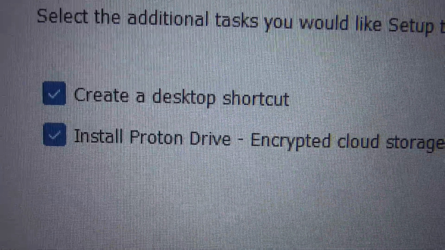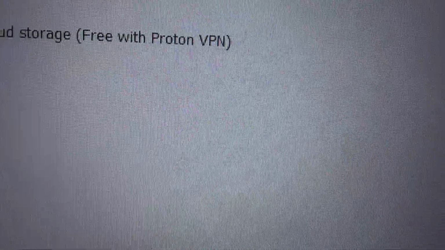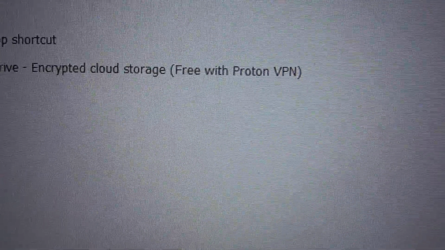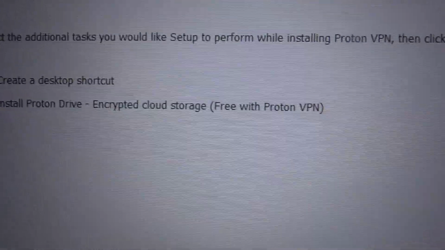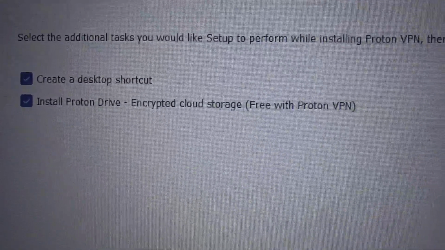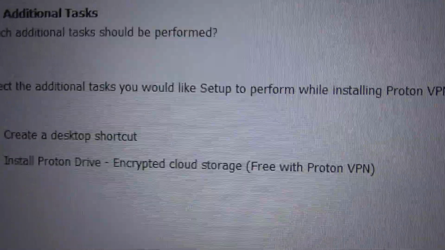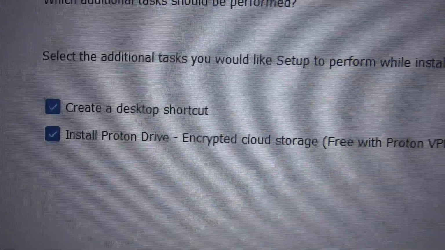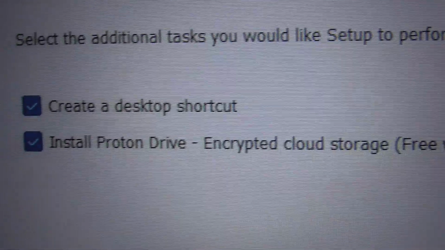So you're going to also see now how to install Proton Drive. That is basically, say you've got files on your computer that you also want to store on Proton's cloud storage. So basically, you're sending your files to, say, Switzerland, to their servers, then you would do that step. If you don't want to do that, untick it and then click on Next. But I've gone through the steps of installing Proton Drive at the same time,